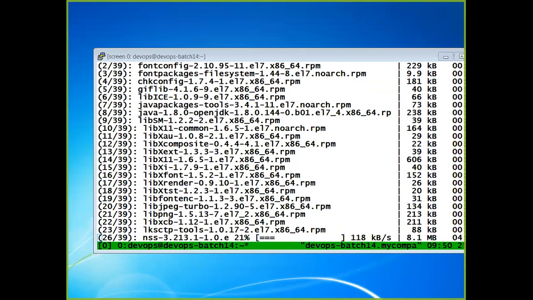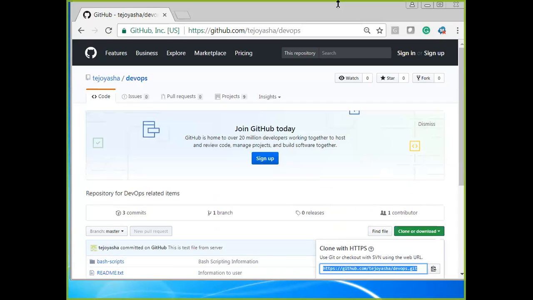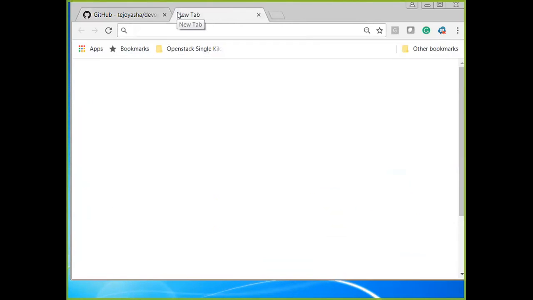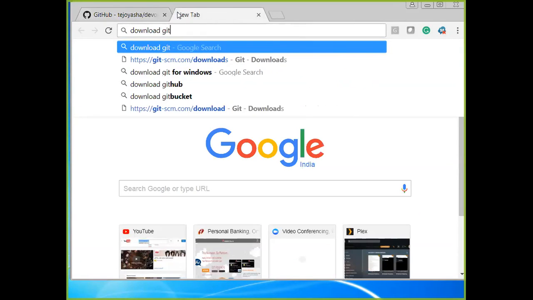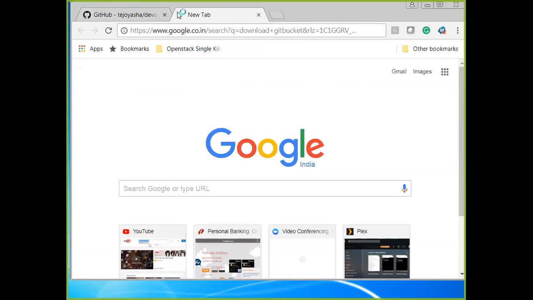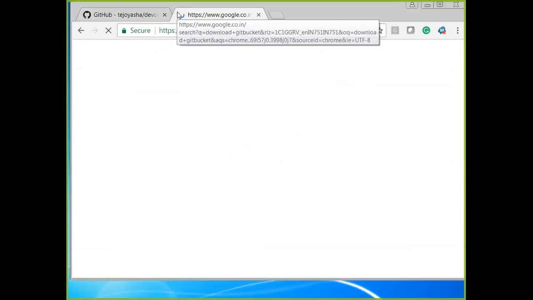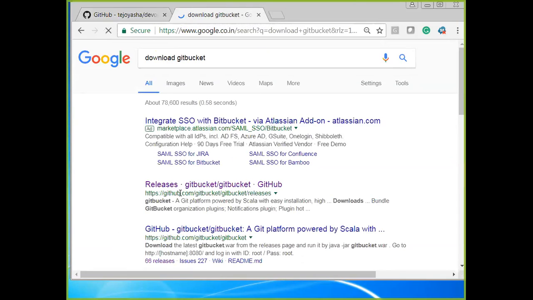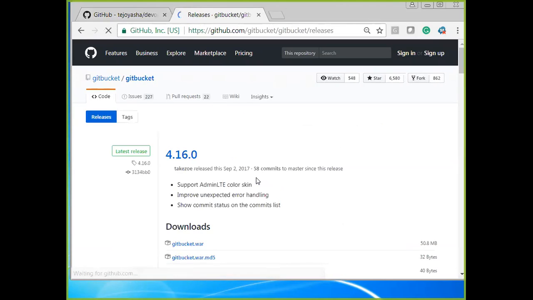I'll say download GitBucket. Then I'll go to the GitBucket release page. Please use this URL to download GitBucket: github.com/gitbucket/release.